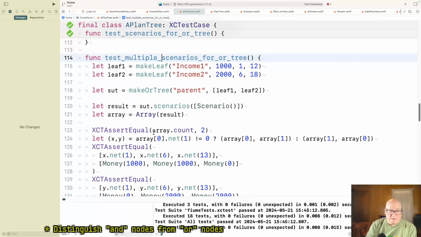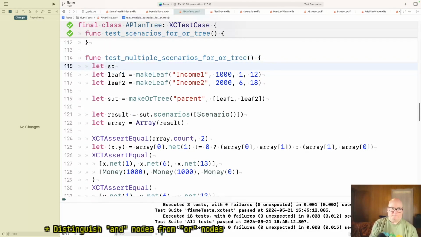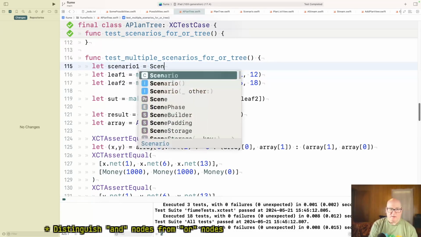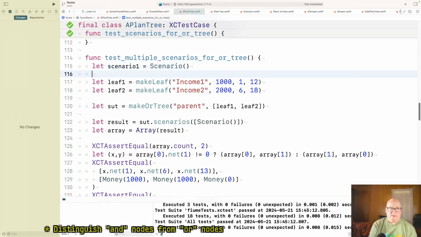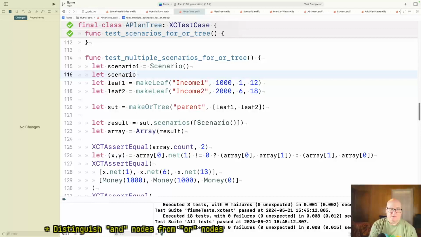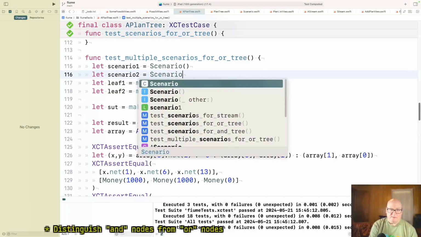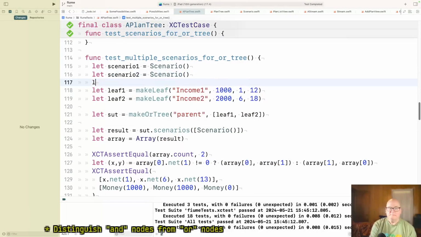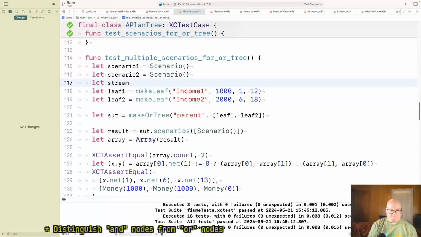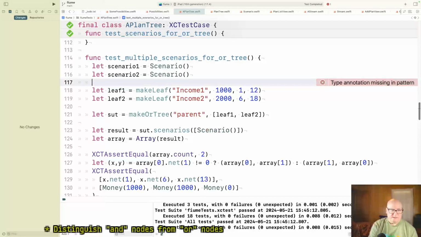All right, so let's work on our scenarios. Scenario 1 is scenario. Scenario 2 is scenario. I don't think I need to care.